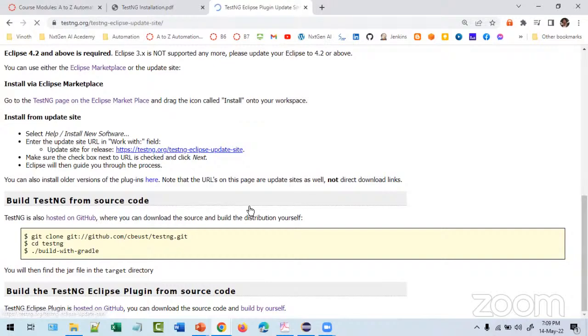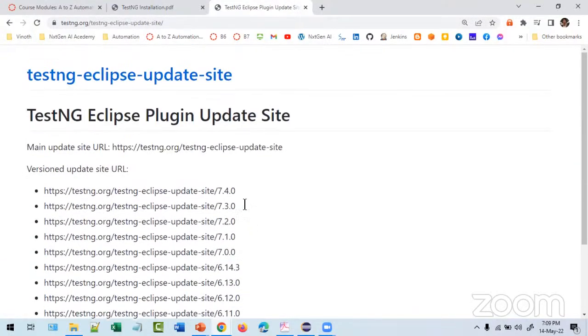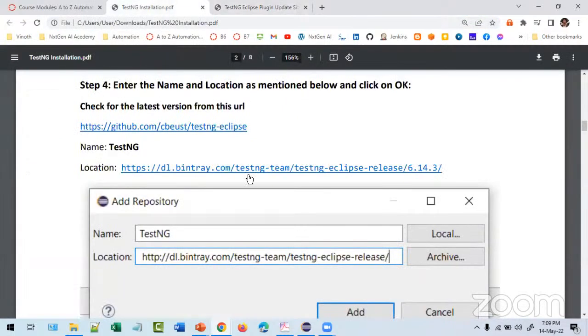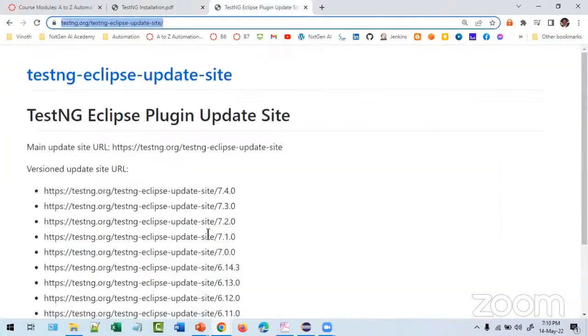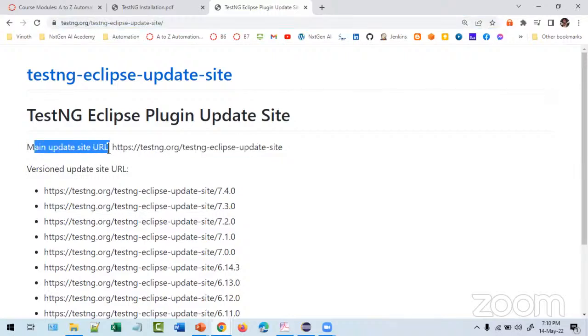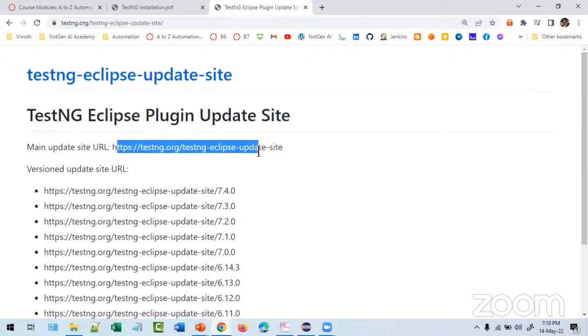Just click on this. It will take you to the latest URL, TestNG Eclipse update site. Here, use this main update site URL, testng.org, TestNG Eclipse update site.